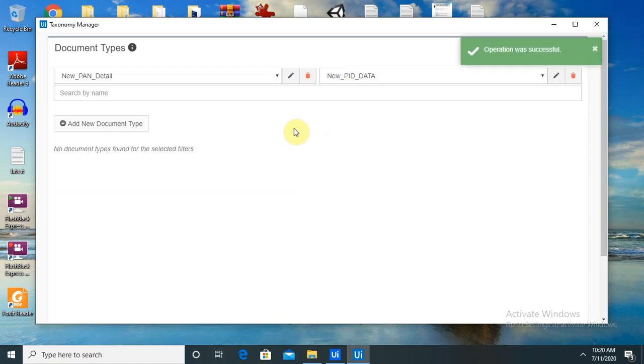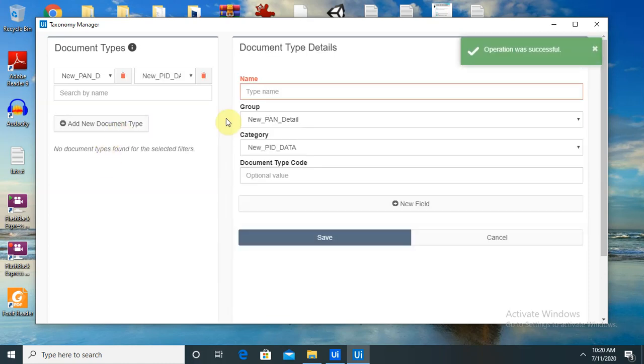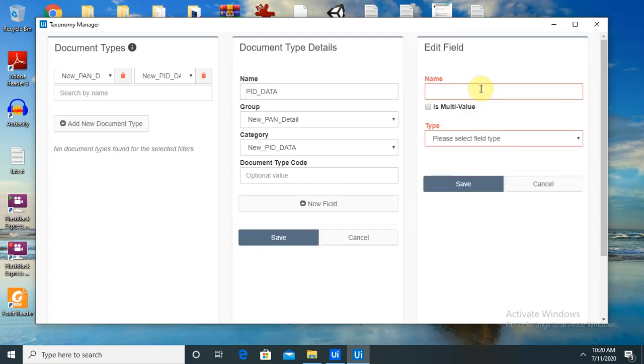Now click on this, it's done. Let's add the document. So what all documents do you want to use? PAN data is the name of my document and I want to add the fields.